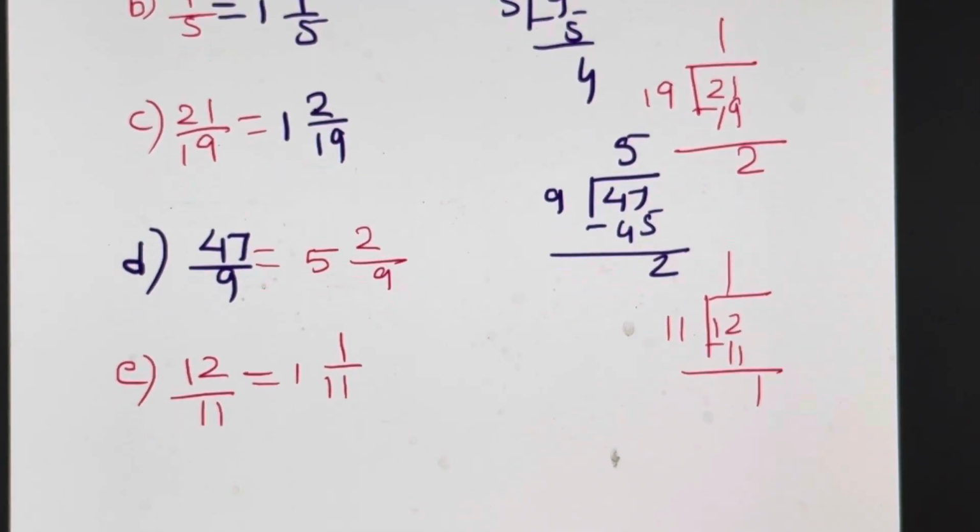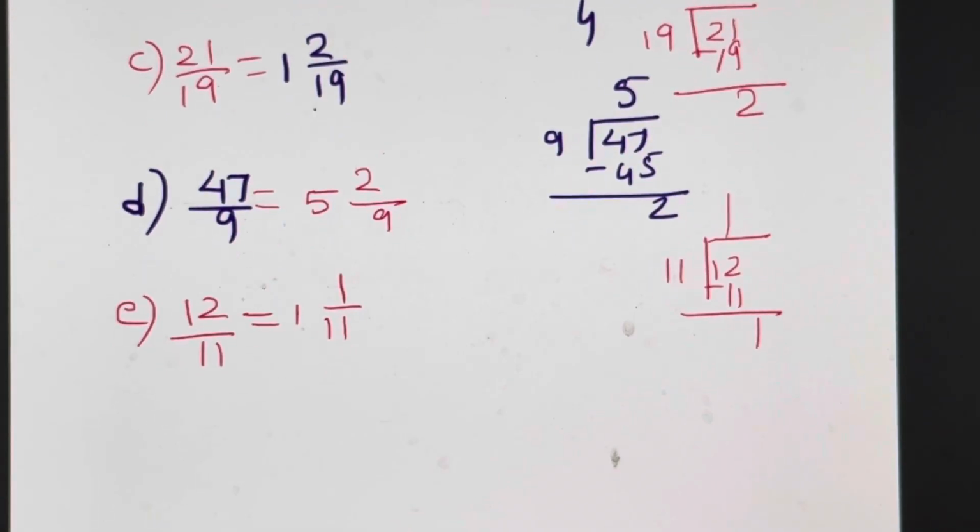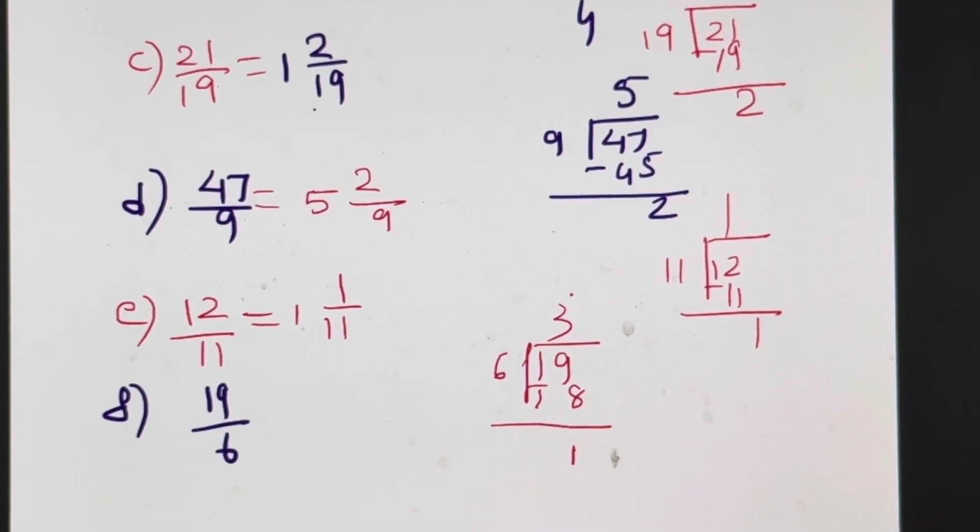Correct? Now they are all similar sums, so it would be easier. You can do it faster. Now, last question F. F is 19 upon 6. This is not a minus sign. 19 upon 6. So when we divide 19 by 6, 6 threes are 18. You divide as you divide. So 3 whole 1 upon 6 is the answer. Right? So I hope you have understood this Figure It Out exercise.